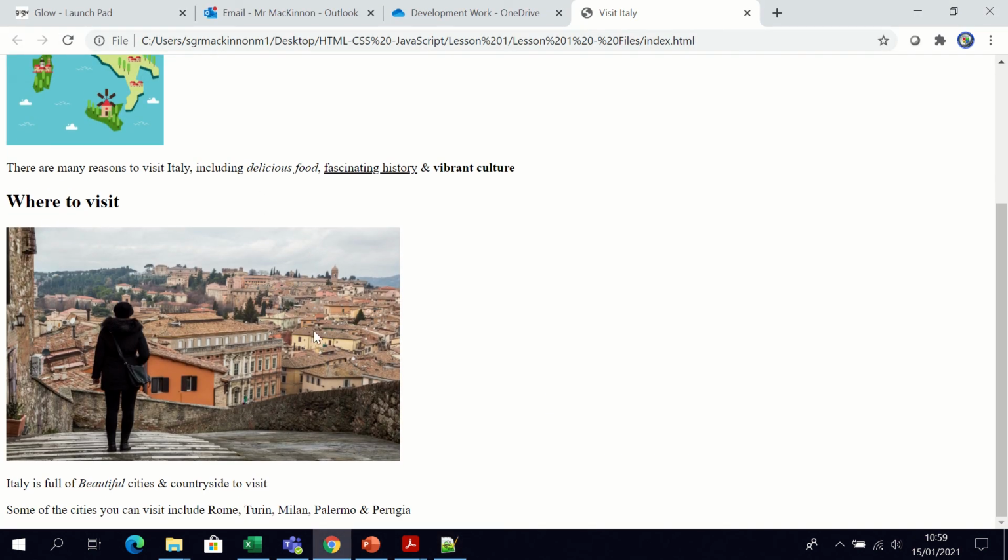You will notice I previewed my browser quite a lot because we want to see the web page being built as we go. It's a part of testing, really, to making sure our images are correct, to make sure our text is inserted correctly, it's laid out properly. So it is a part of testing what I'm doing there, and it becomes habit forming when you work with HTML and web pages. So, some of the cities you can visit include Rome, Turin, Milan, Palermo, Perugia, and again,